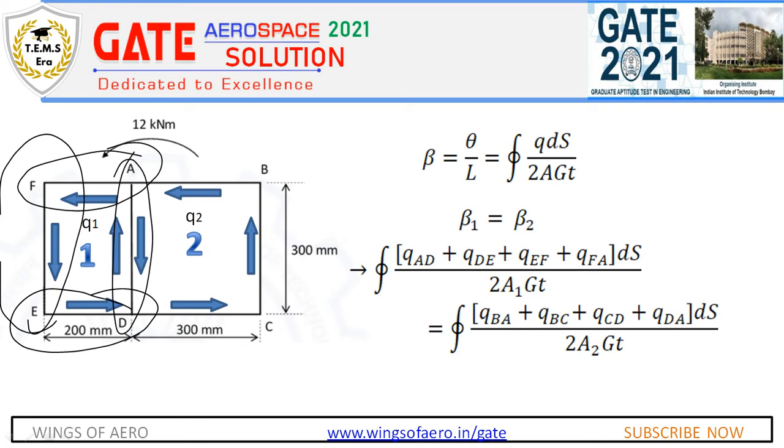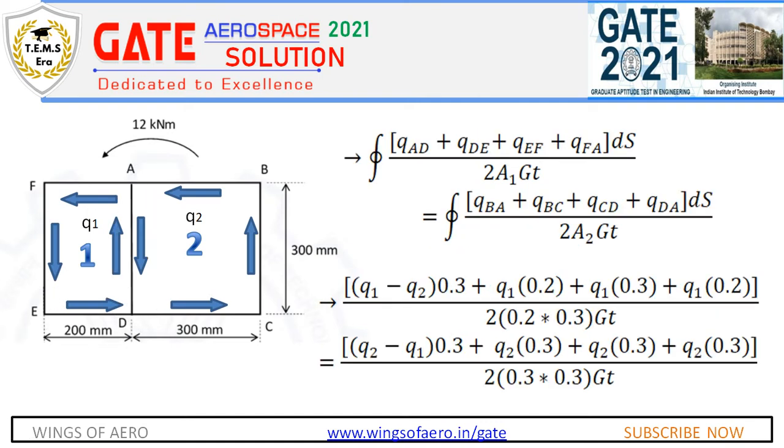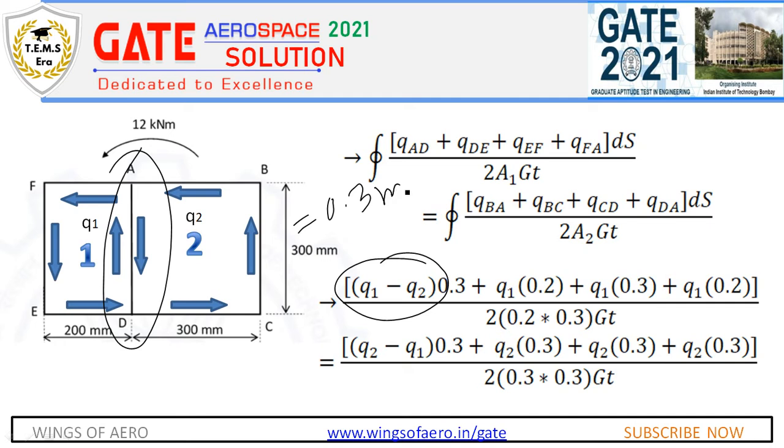Okay, so shear flow at the cell 1 is common, that is Q1, but the AD wall is an interference between the cell 1 and cell 2. So when we are finding out the AD parameter with respect to cell 1, we will write something like this, that is Q1 minus Q2. Now into we have DS. What is DS? It is a perimeter. But what is the distance of this AD? It is given 300 mm. So we are converting that into meter, that is 0.3 meter.